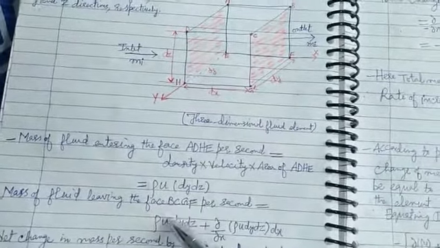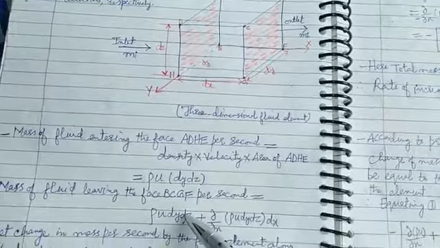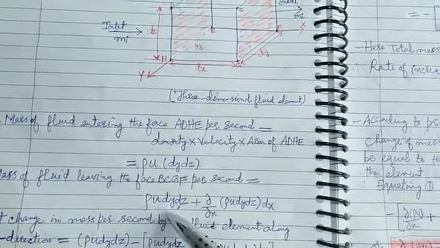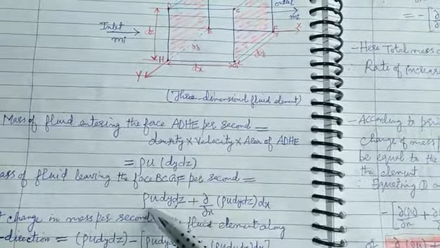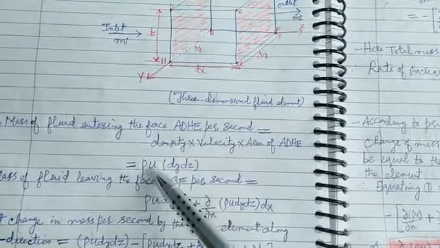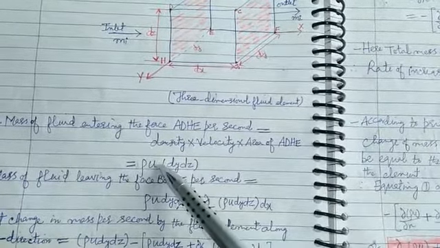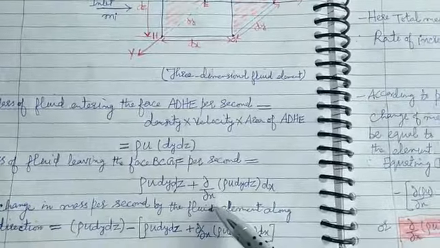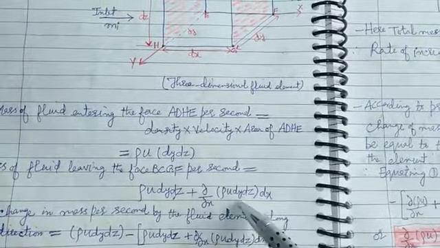How can we calculate that? So it is the per second mass flow rate. It is equal to rho u dy dz. First it is equal to rho u dy dz, that is the same that I have calculated at this entering part, plus dou by dou x of rho u dy dz into dx.